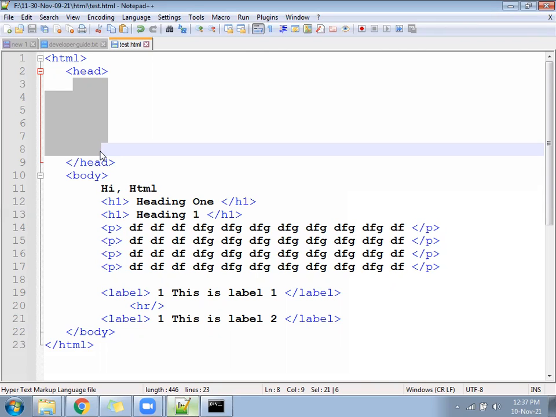Because of that, there is a process of build generation. When a developer writes the code, after writing it we run a command and generate the build. The build is nothing but, inside your code, all the white space gets removed and your code becomes a single line of code.